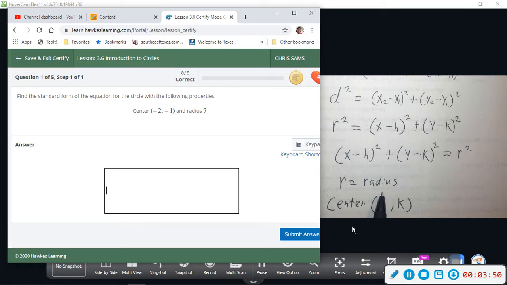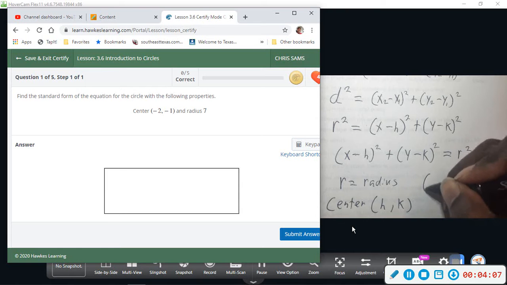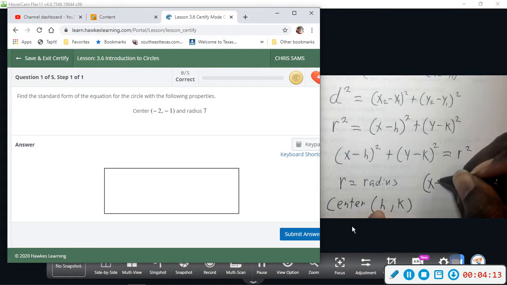So we want to find the standard form of the equation for a circle for this problem, with the center -2, -1, and radius of 7. So all I'm going to do is take this equation and I'm going to plug in those values. So I have x minus, and then they told me the h value was a -2. So minus a -2 will be a +2